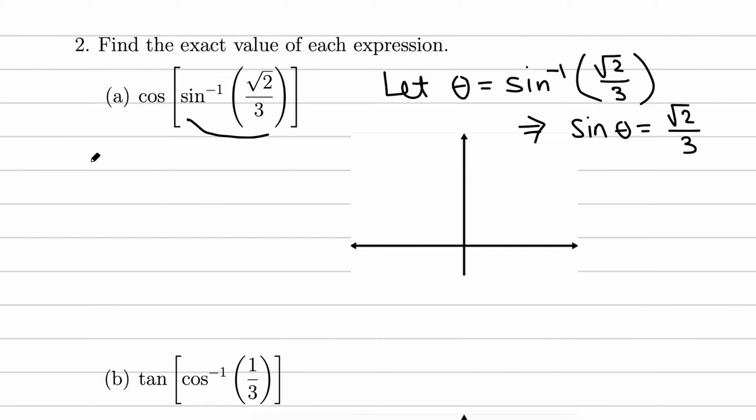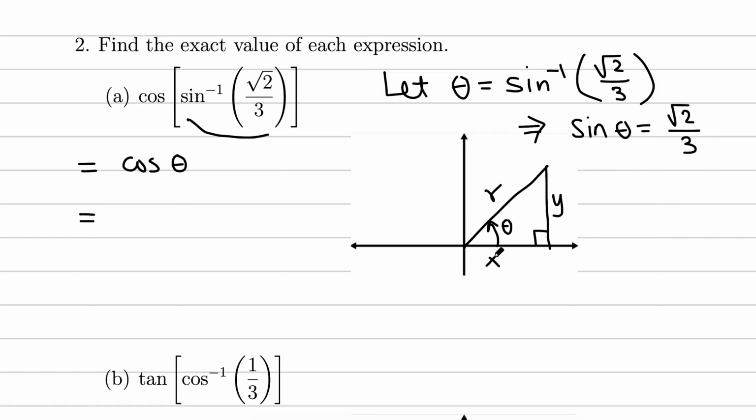And this question now reads simply cosine theta. So we have sine theta equals root 2 over 3, and we are trying to determine cosine theta. There are several ways to solve, but the easiest, more general way would be using a triangle in the first quadrant. So theta, first quadrant here, just draw this will be theta, and drop a perpendicular to the x-axis, just make a right triangle. So this is adjacent x, and this is opposite y, and this is hypotenuse,